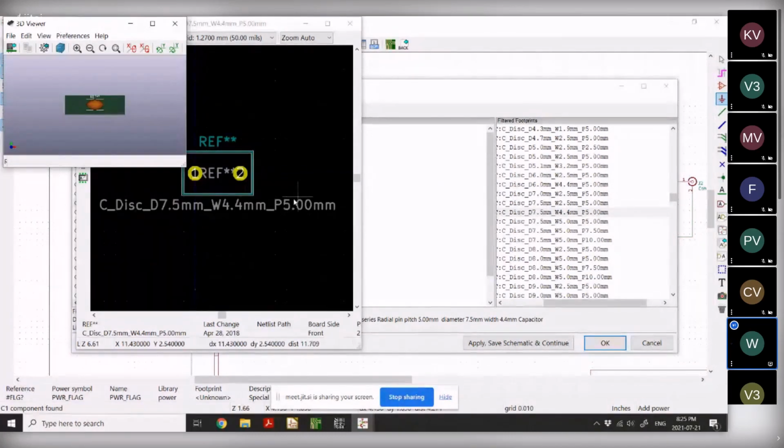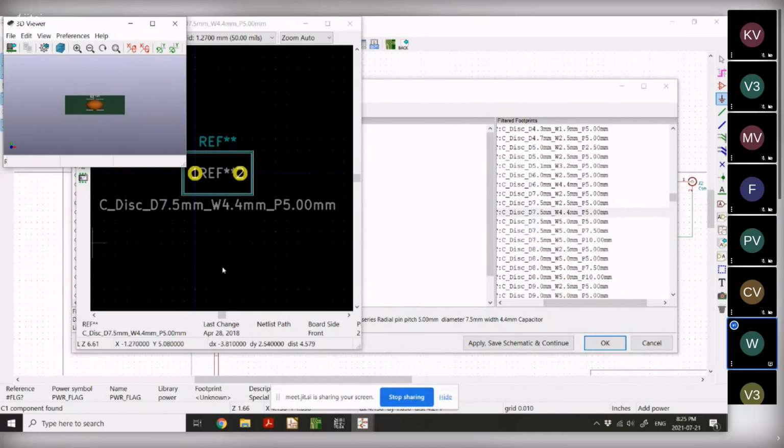You take your calipers and you measure the width of the capacitors you got lying around. Or if you're using SMD, you have to know the sizes of the 1206 or the 805, whatever it is. And you pick the one that's appropriate size. These other two dimensions is the length of the box, I think, but it might be the length of the actual component. And this is the diameter of the component, kind of like that. So if I were to select that,